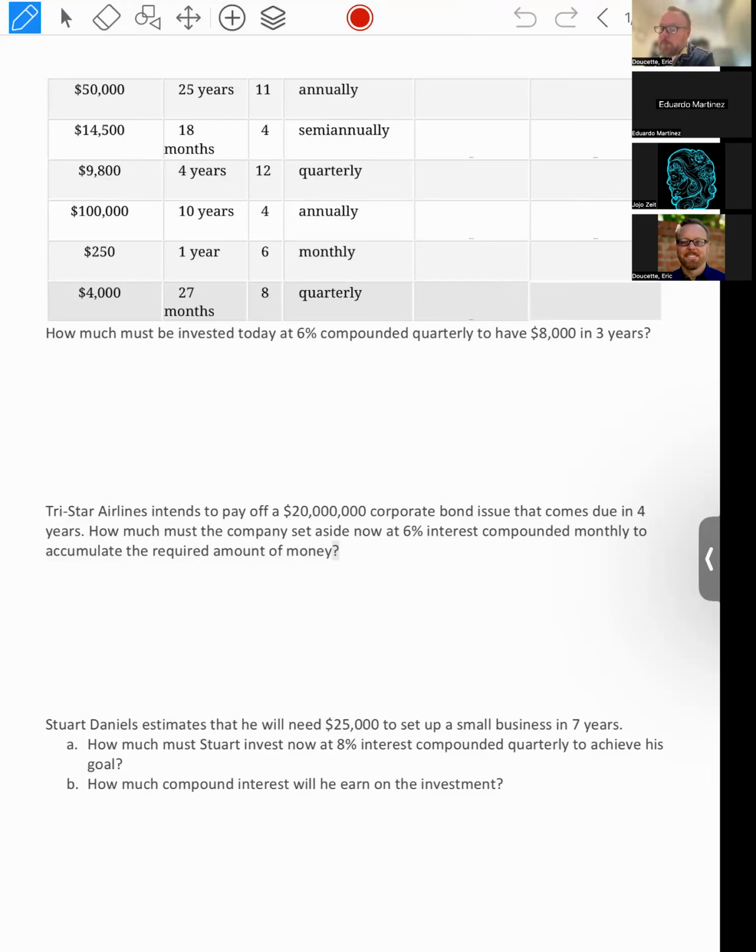It says how much must be invested at 6% today to have 8,000 in 3 years. So again, compounded quarterly. If I have 3 years, that means times 4, because it's going to be compounded 4 times each year. So that's 12 times, and 6% is how many times per year? So I'm going to divide that by 4. That's going to come out to 1.5%. So if I go to my table, 11.2, I go 12, 1.5%, comes out to